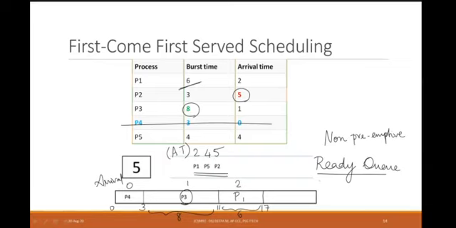Yes. And finally, after this, I have the arrival time of 4. So I will take my 4th arrival process, P5, entering into this. This will go on for a time unit of 4. So it is 21. And finally, I have my P2, which is going to have a burst of 3 seconds. So we are going to add on 3 more here, which will make the last point 24.